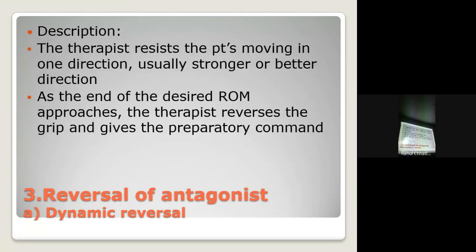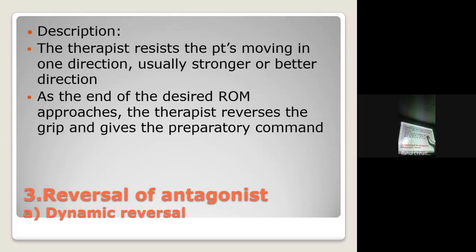Moving to description for dynamic reversal. So the therapist resists the patient moving in one direction, usually the stronger or better direction. Like a biceps, if it is the culprit, then you go for biceps contraction, later on the triceps contraction. At the end of the desired range of motion, like a full elbow flexion,